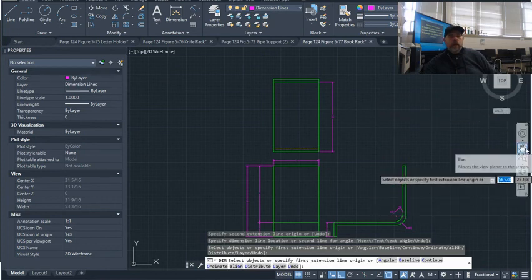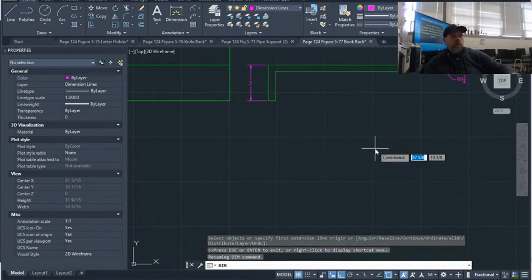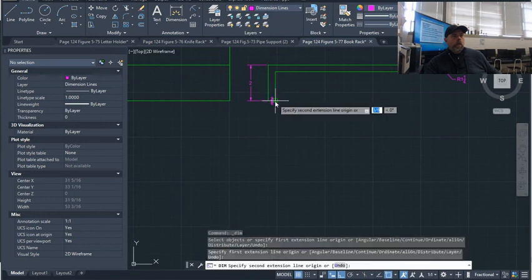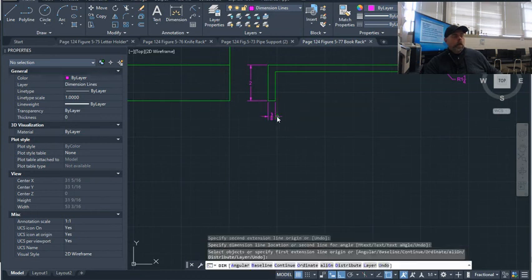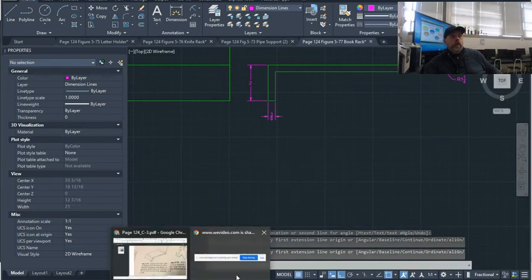And then I'm going to go down here, give that last dimension. Any questions? I'll be walking around trying to help you out. Get the drawing done, and